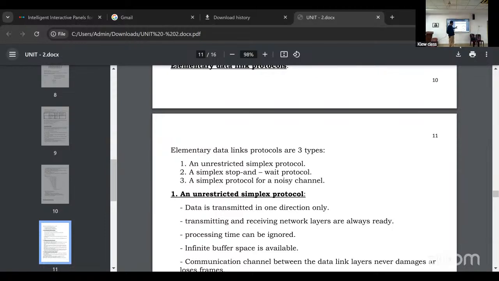From the exam point of view, they will ask 6 marks, or 12 marks either. How many marks do you have? 10 marks. Total 14 for the long question.